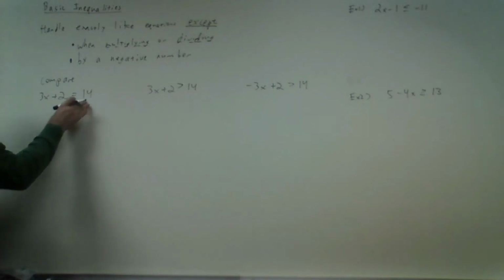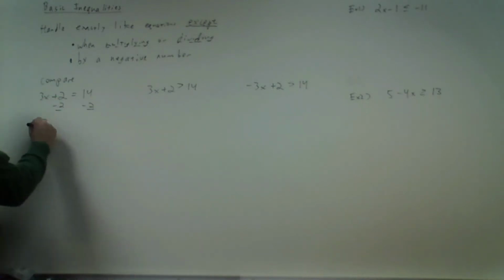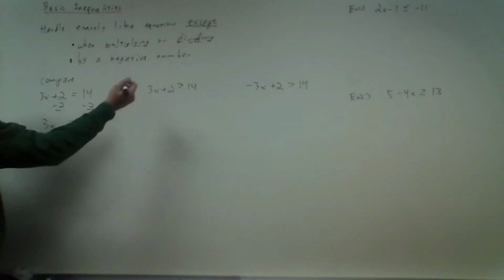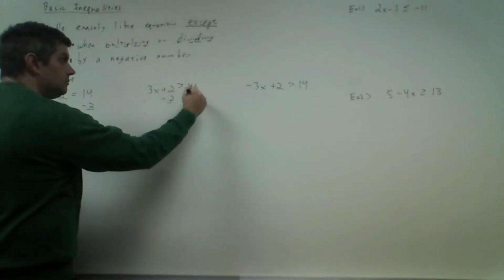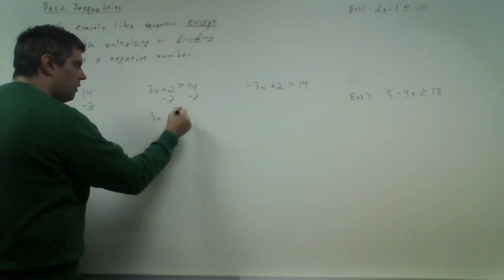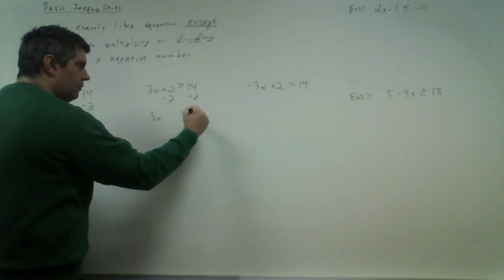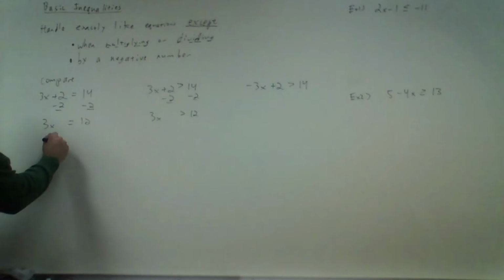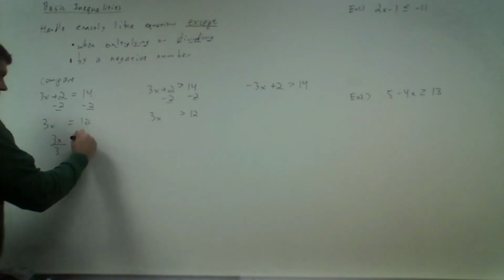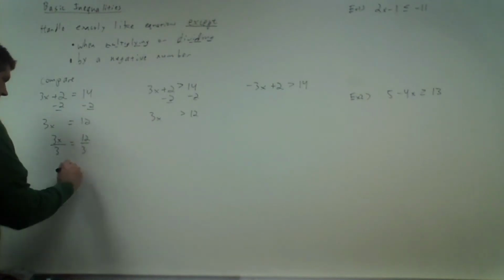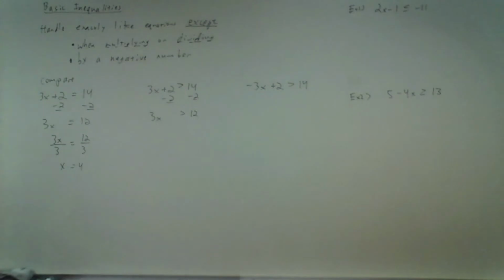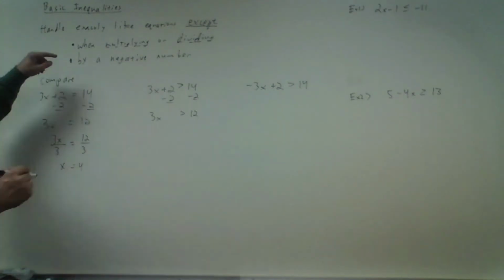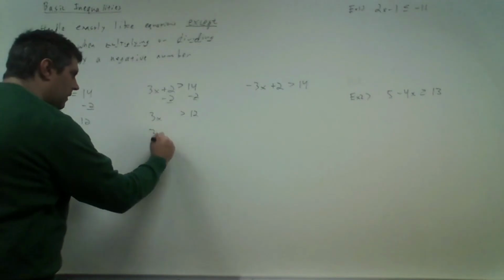So anyway, what we would do is subtract the 2. You get 3x equals 12, and you do the same thing over here. You get 3x is greater than 12. So then we would divide off the 3. We get x equals 4. Over here, we would divide off the 3,